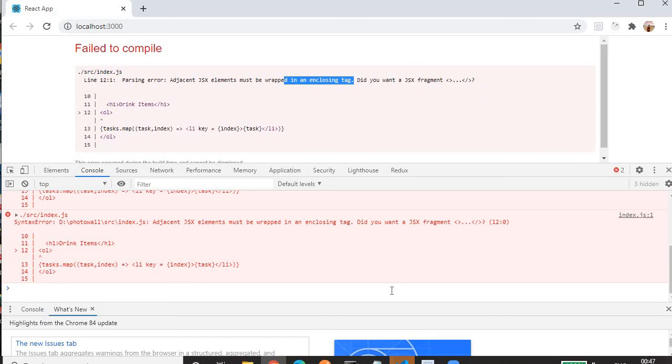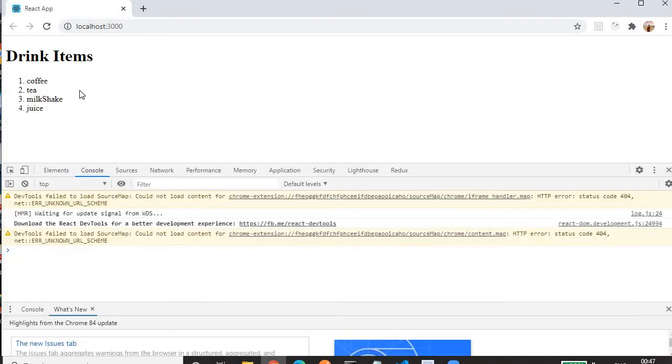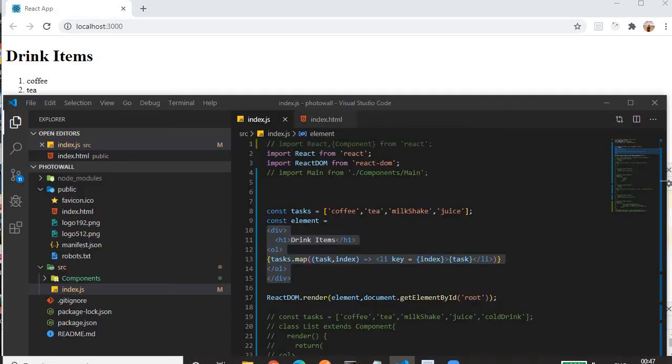For that enclosing tag we have to use div, so that it will treat the entire thing as a single element. Let me save it. It gets compiled successfully, and we are getting the list along with the description for that list. So these are all printable items. In this way, we can create more than one element by enclosing them within a div tag.